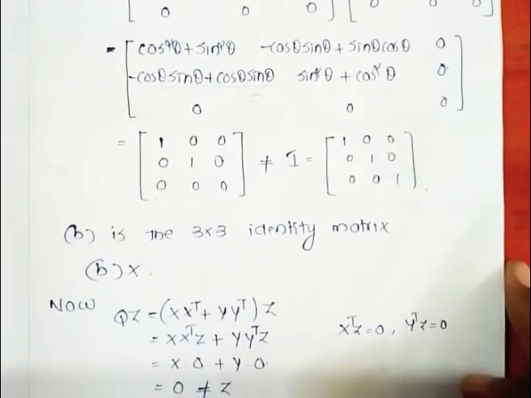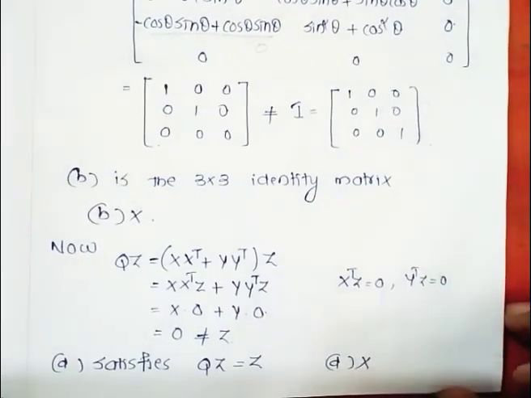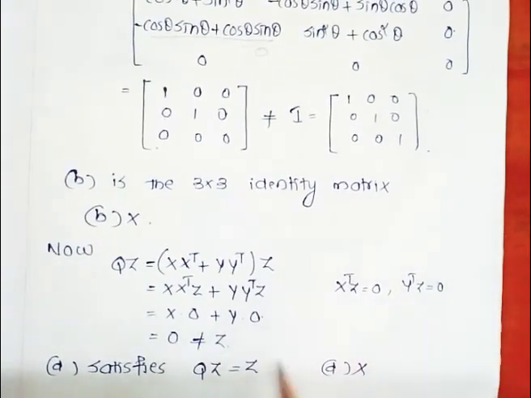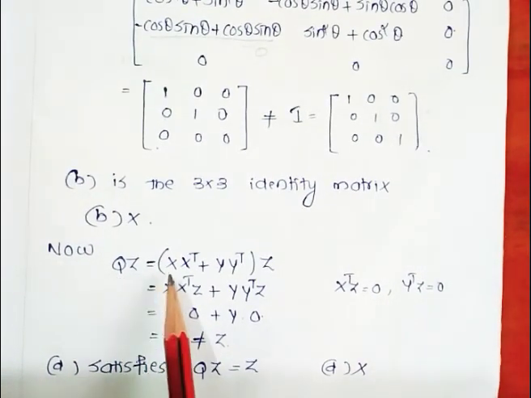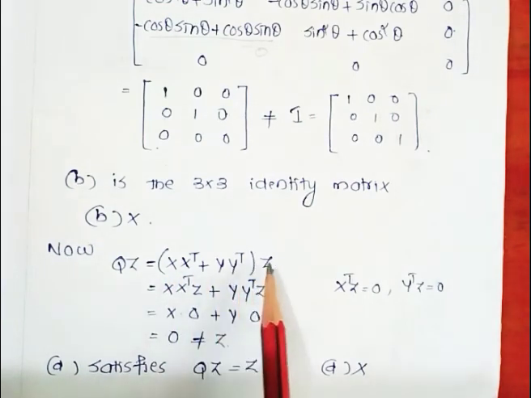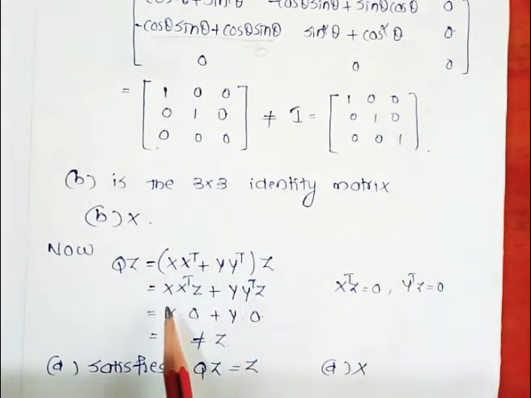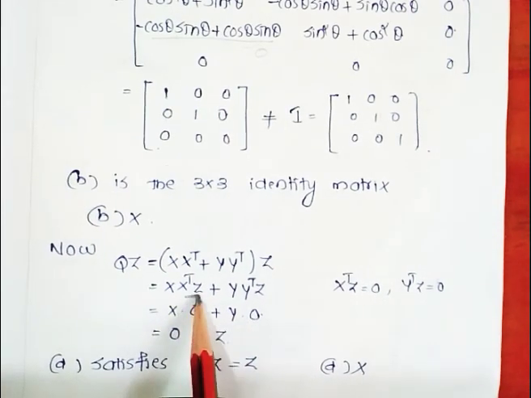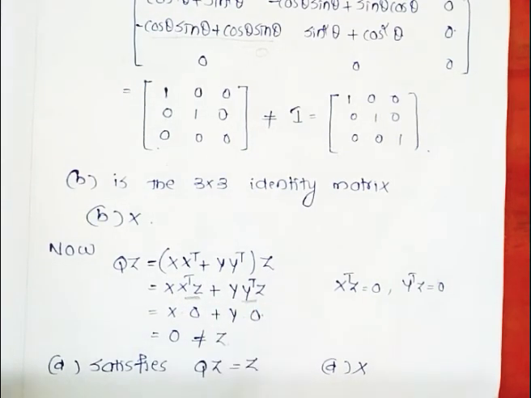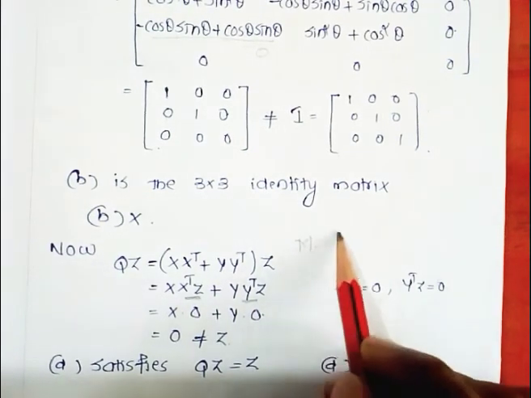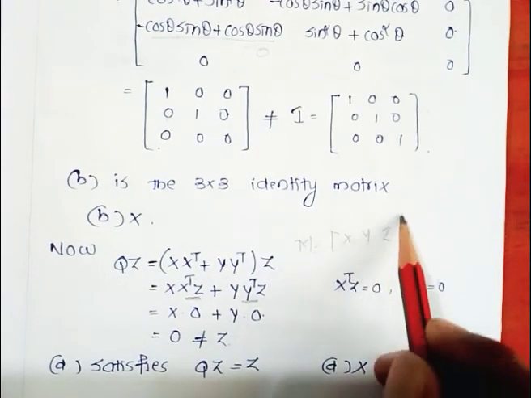Now for the last option, QZ is equal to Z. Now we are computing QZ. QZ is equal to X transpose plus Y transpose into Z. So opening the bracket we get X transpose into Z plus Y transpose into Z, which is equal to X into 0 plus Y into 0, which is equal to 0, which is not equal to Z. Here X transpose Z is equal to 0 and Y transpose Z is equal to 0, because we have M is equal to our matrix X, Y, Z, and also given that this